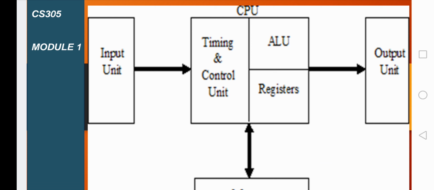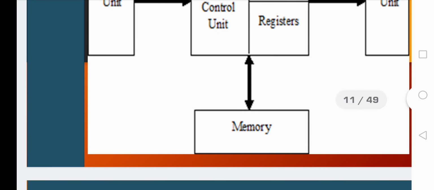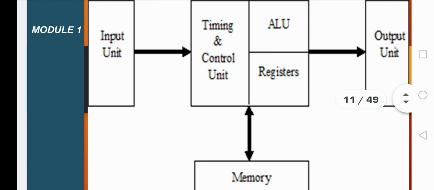Whatever operations have been carried out with the help of the program, the processor will maintain the result in the memory also, and then a copy of that result will be displayed to the user through some output unit. Not only that, the CPU processes the information taken from the memory and performs the operations in the ALU.